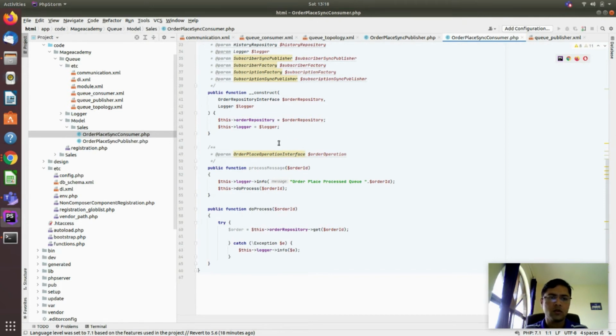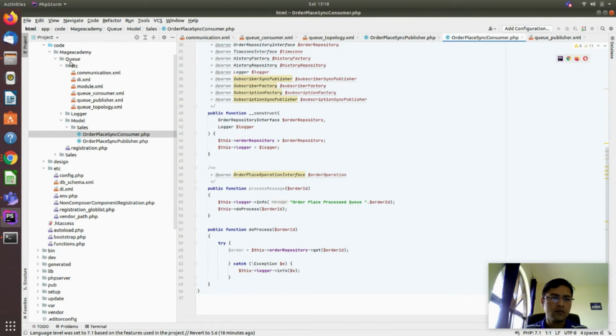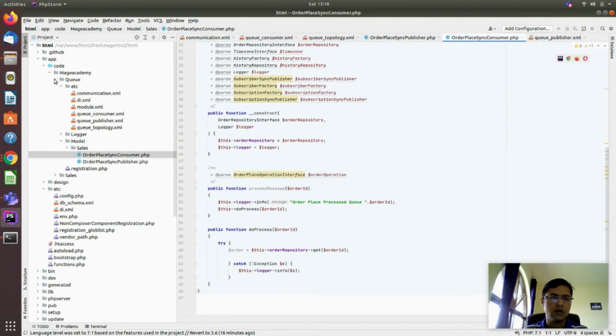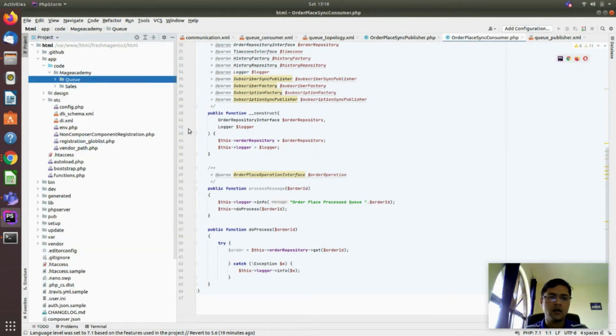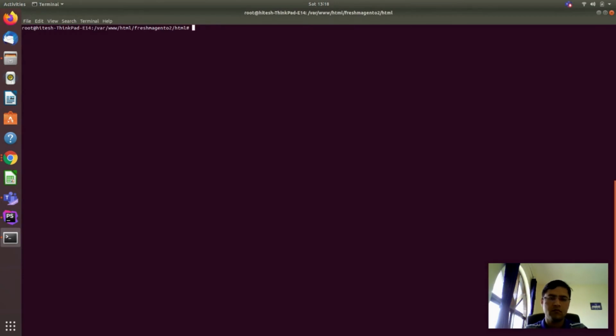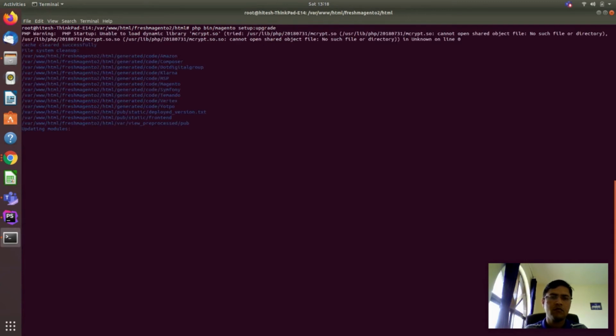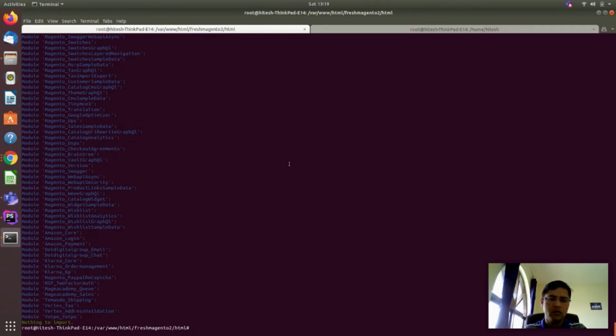So let's first run the command, and we will see this queue in our RabbitMQ. So now we will see our queue.